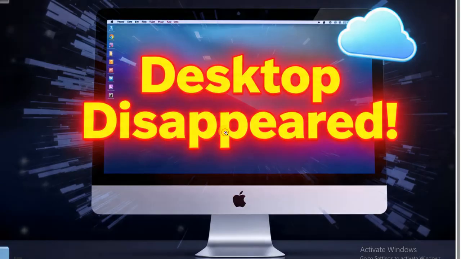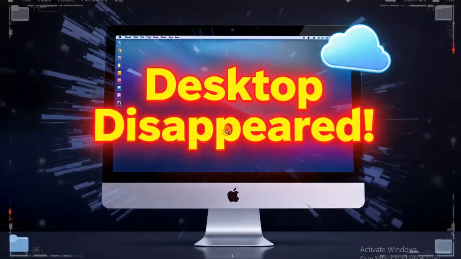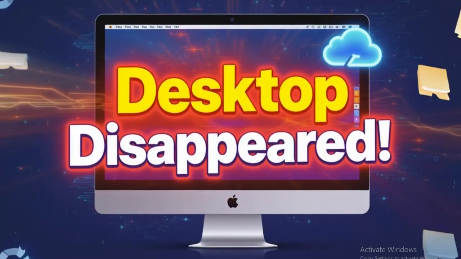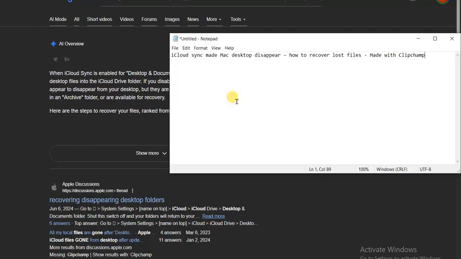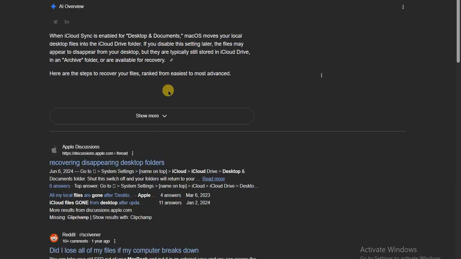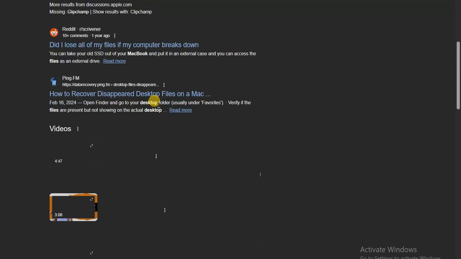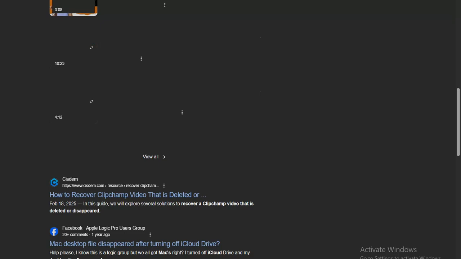This usually happens when iCloud Sync moves your desktop files to the cloud without showing them locally, and many tutorials online make it look super complicated with long steps or confusing settings. But on Rexish, I'll show you a secret easy trick that recovers your lost desktop files in just a few